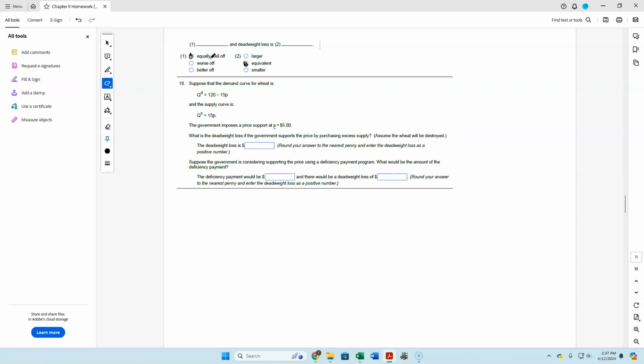Okay, now we've got more wheat here. God, Paraloff really likes his wheat. So in this case, we've got a demand and supply function and a price of 5. Again, just in the interest of time, you're going to solve for the equilibrium price and quantity. And now you're going to insert that artificial price of $5.